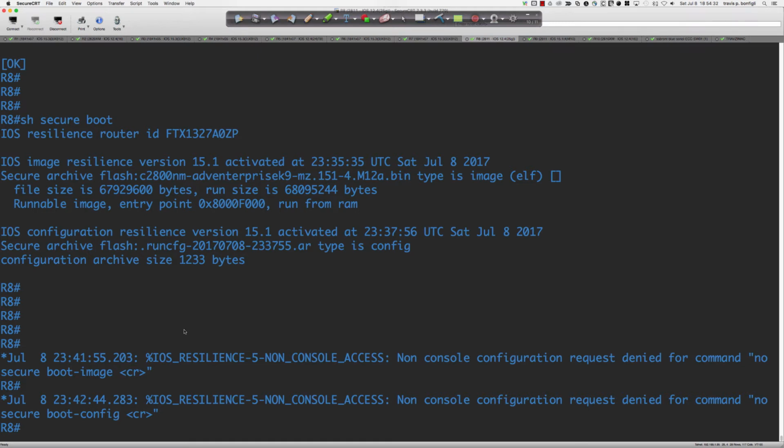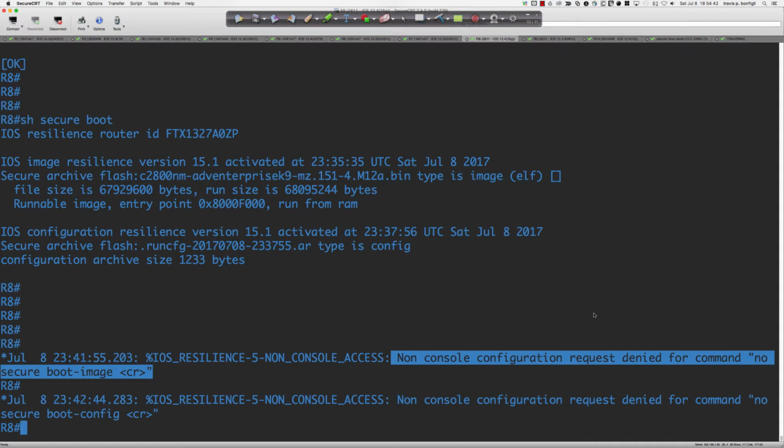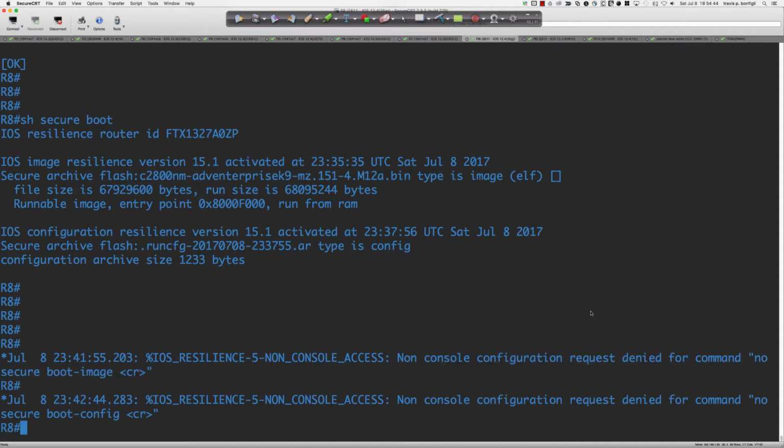Very interesting that we get a severity level 5 syslog message telling us non-console configuration request denied, and it gives us the command. So if we have a syslog server, we can now see that someone has attempted to turn this off. So again, let's go back to router 2,